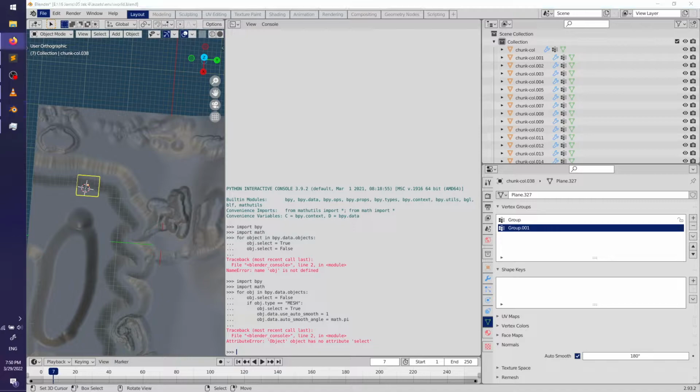Oh my god, this is from 2015. I'm an idiot. Stack Exchange is useless. Okay, how do I do this then? Help me, Blender.